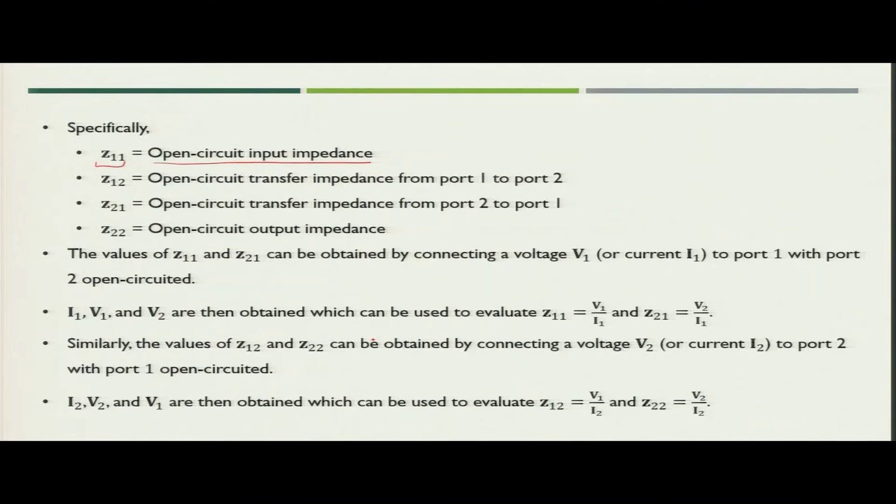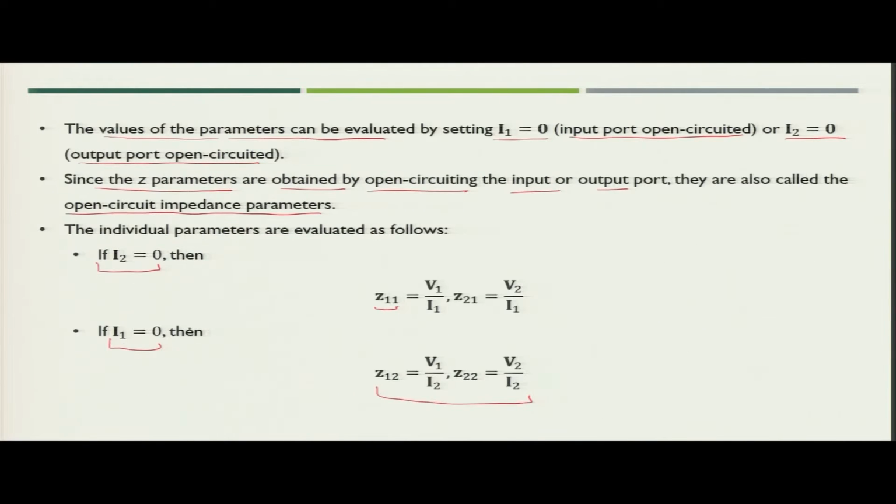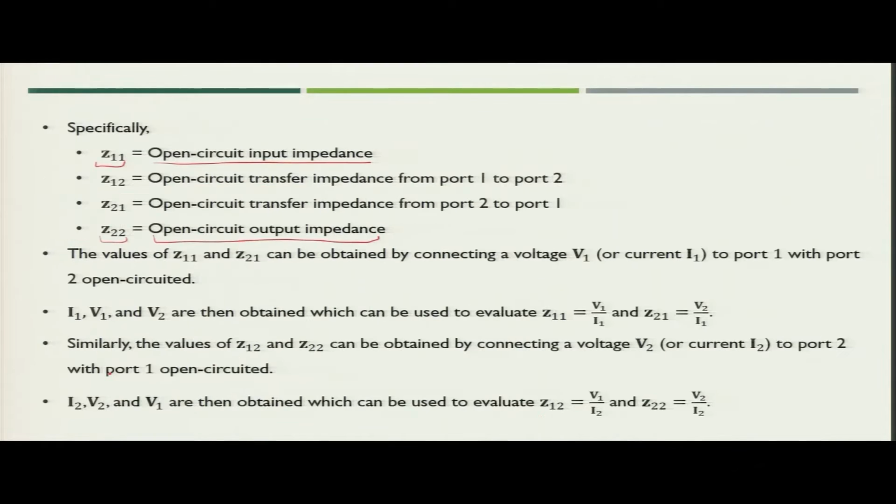Similarly, Z22 is the open circuit output impedance, because that is evaluated when you set I1 equal to 0. Z12 is the open circuit transfer impedance from port 1 to port 2, and Z21 is called the open circuit transfer impedance from port